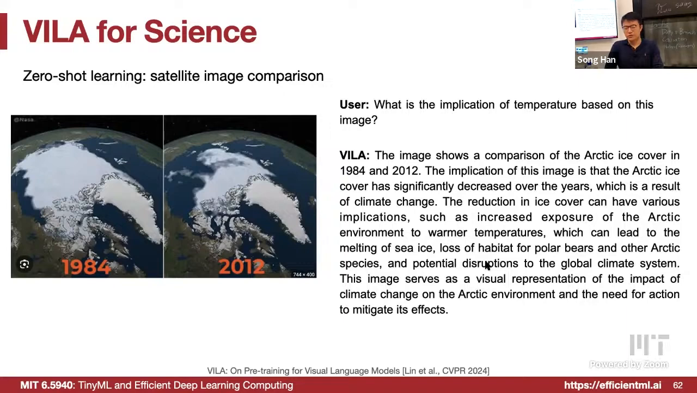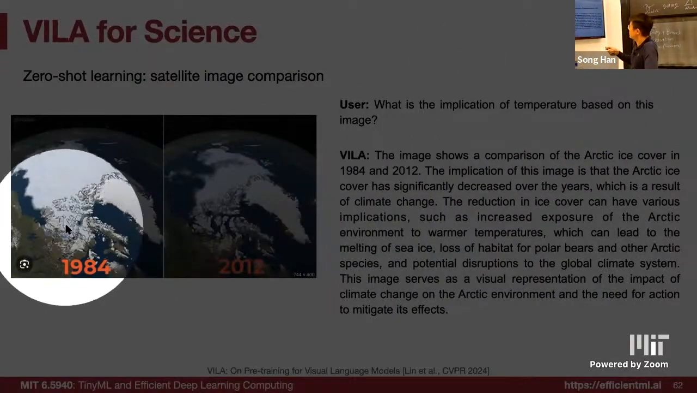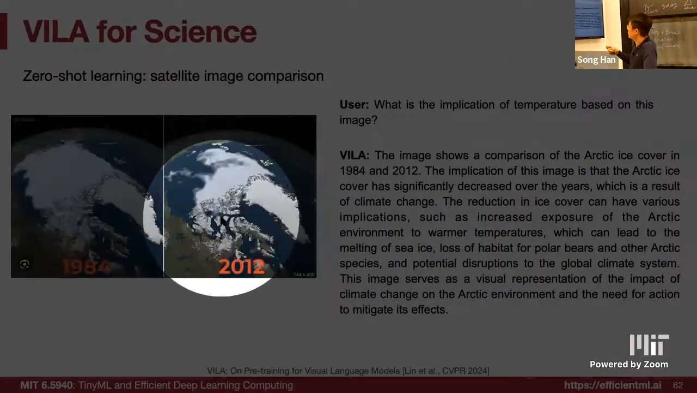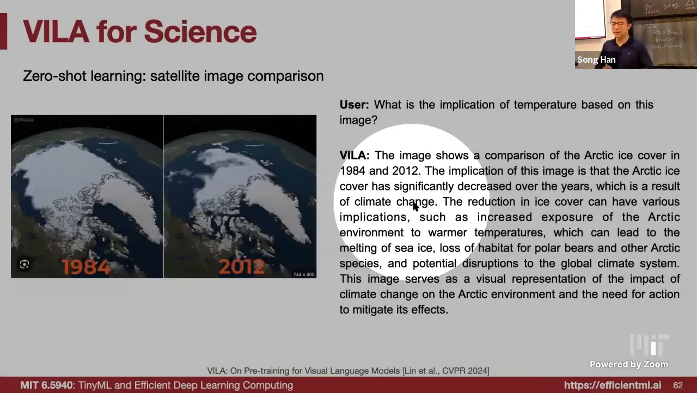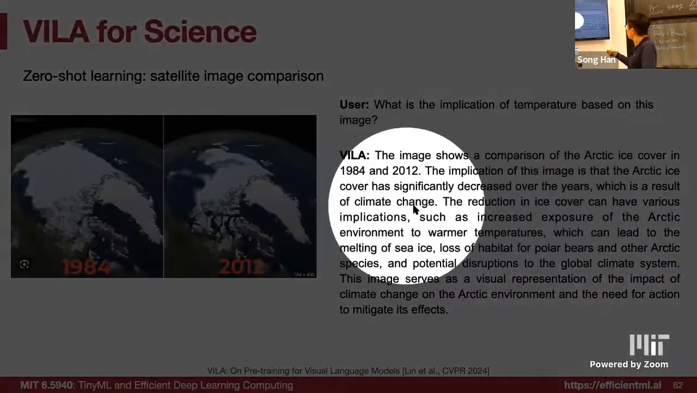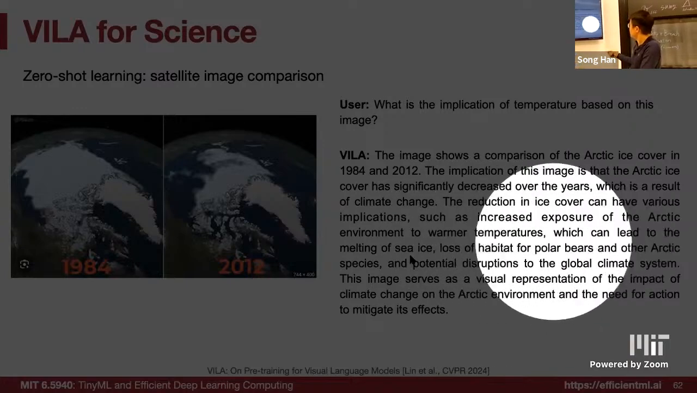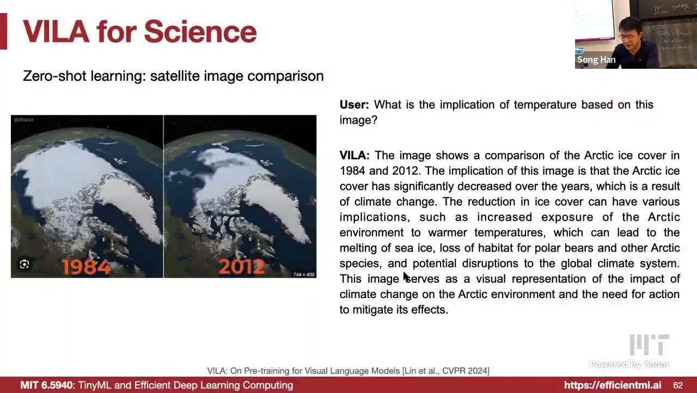And also VILA for science, using zero-shot learning across multiple images. Using interleaved image-text enables such reasoning over multiple images. Say, what is the implication for temperature based on this image? This is 1984, this is 2012. Here, VILA says the image shows a comparison of the Arctic ice cover in 1984 and 2012. It significantly decreased over the years. Climate change, increased exposure to warmer temperatures, leads to the melting of the sea ice. So very accurate